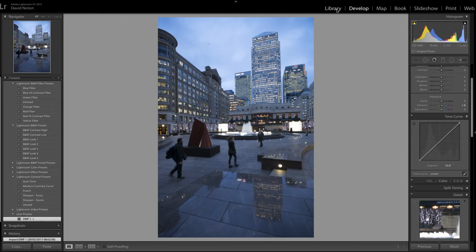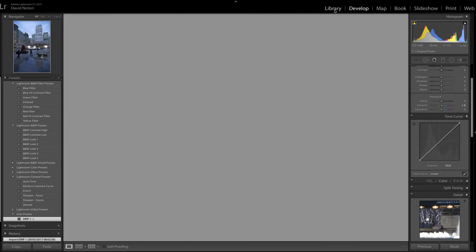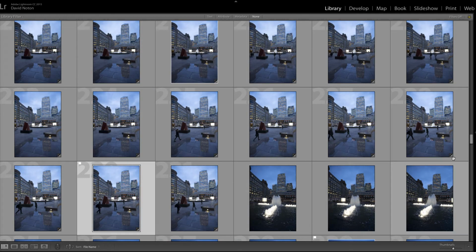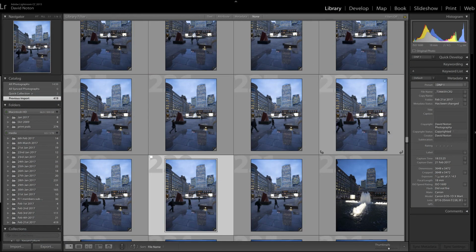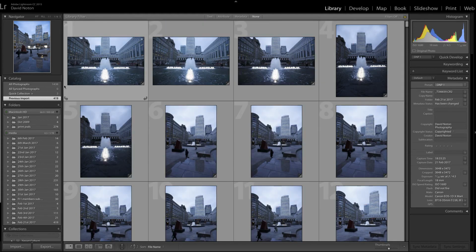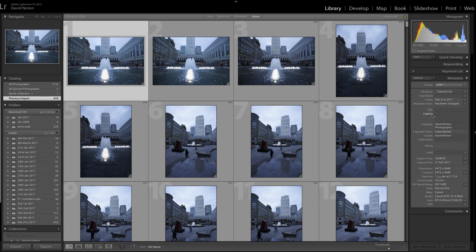I've just realized, actually, there's something I've forgotten to do. I haven't captioned any of these images yet. So let's hit Tab to get my control panels, left and right, back again. Let's come up here, go Edit, Select. Come right up the top, the very, very first image shot, select that. I'm now going to put in my caption, and it's dusk at Canary Wharf,